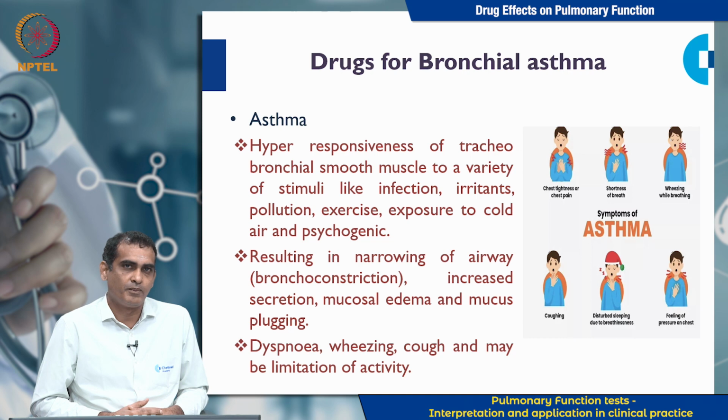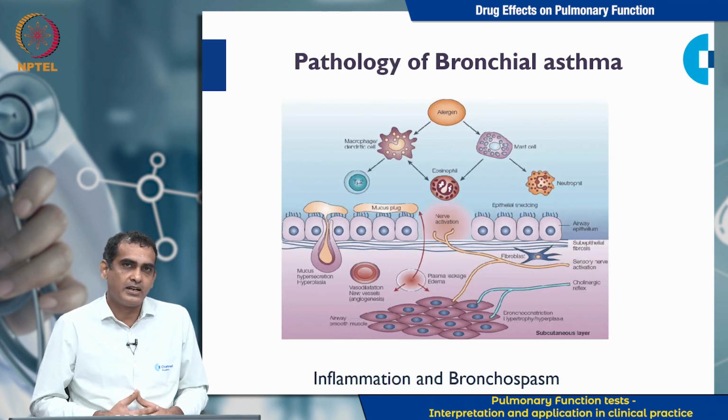Bronchial asthma. The basic pathology is that there is inflammation, and this inflammation of the bronchial or airway mucosa is going to release a lot of inflammatory mediators which are going to affect the bronchus, the mucosa, the submucosa, and also the smooth muscle, and resultantly the smooth muscle will contract, leading to bronchospasm or bronchial constriction, and these patients will suffer with bronchial asthma.